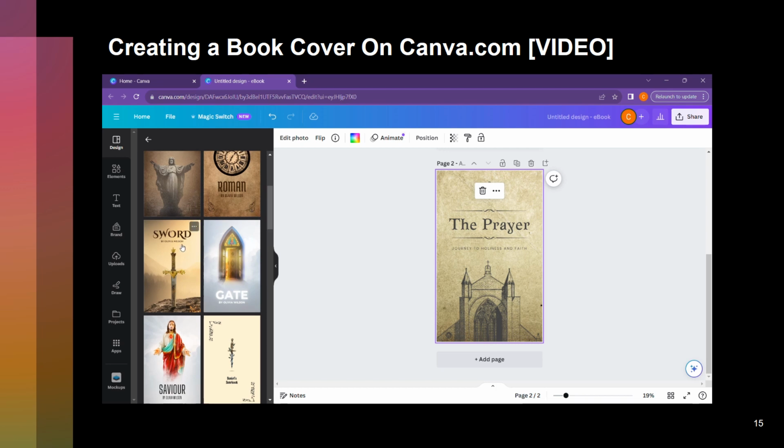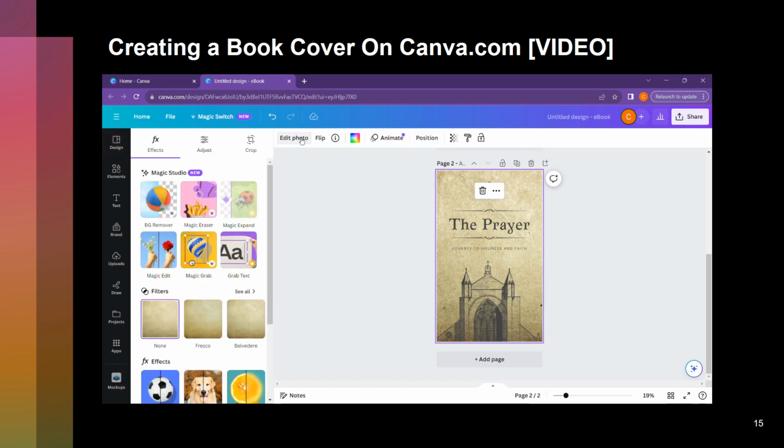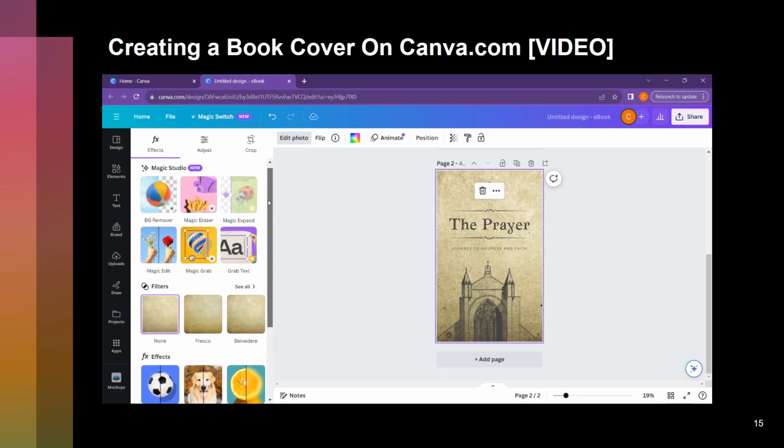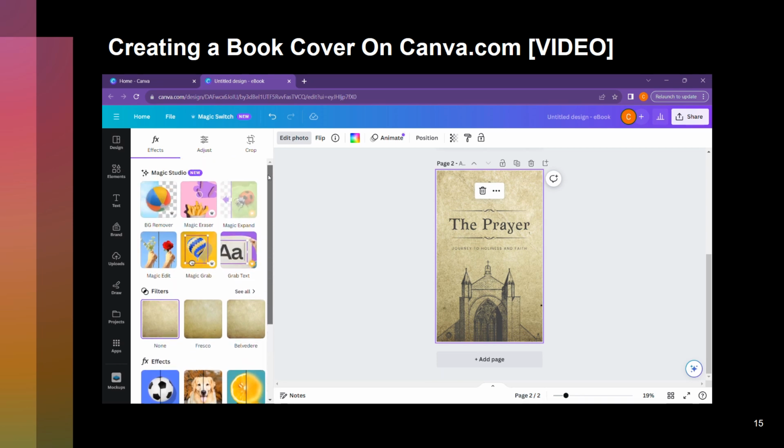So let's say you would like to use this. You can decide to use this and say, okay, I'm going to edit the photo. I'm going to change something about the photo. I'm going to make it sharper. I'm going to make it brighter, and so on. You can put special effects. But